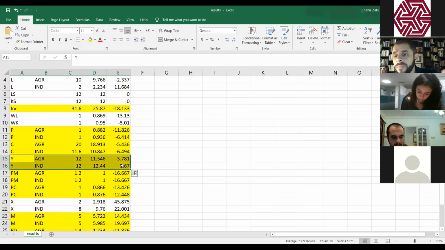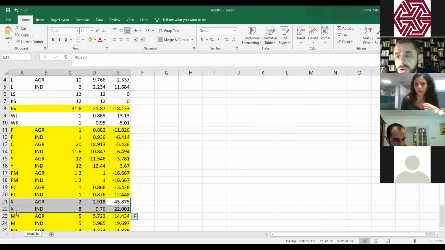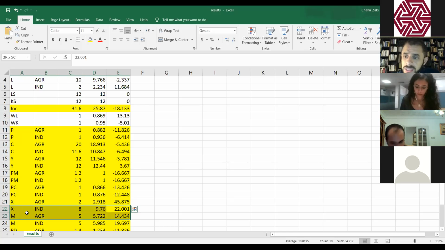As you can see, whenever we try to analyze a variable, we have to see what's going on in the rest of the economy. And what we see for exports here is that exports are increasing a lot in order to have the equilibrium with the increase in imports. So here we have agriculture that will be exported, more exported to the rest of the world than the industrial sector. So this means that at the end,